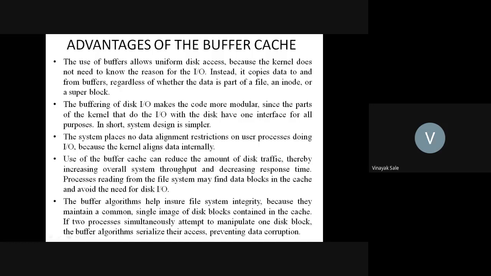Have you cleared your doubts? Yeah, it's clear. If anybody has any doubt, please ask, otherwise write your roll number